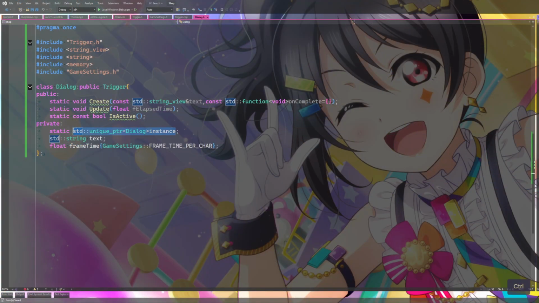Alright, so the way I'm doing this dialogue system is kind of interesting. It's actually just going to be a static instance of one instance of a dialogue that gets constantly overwritten. So create actually instantiates it. With stuff, but I think by default we're doing nullptr_t, I think it is.